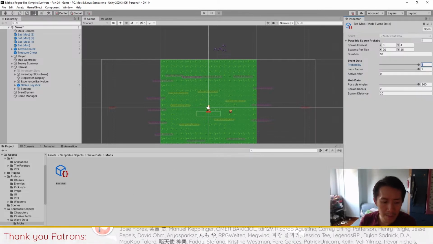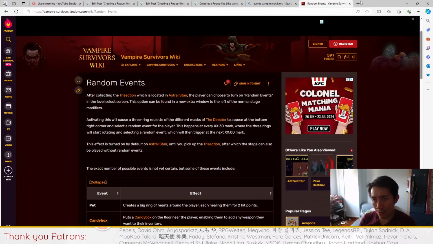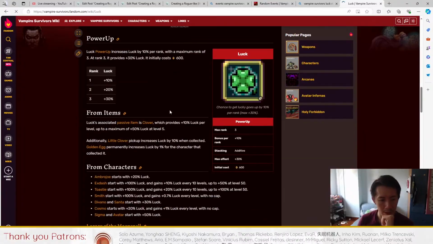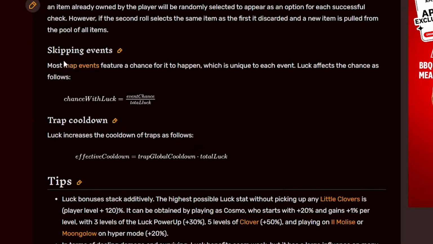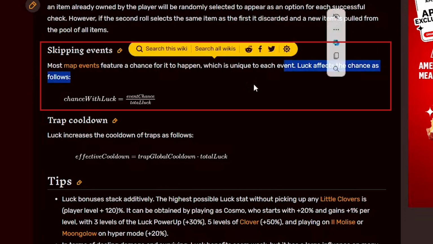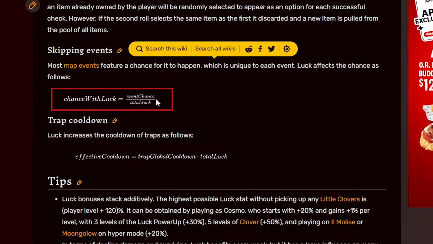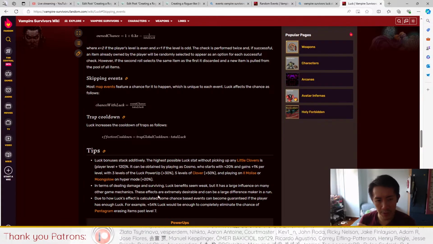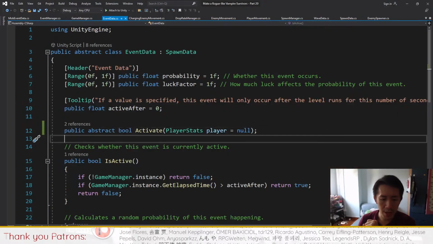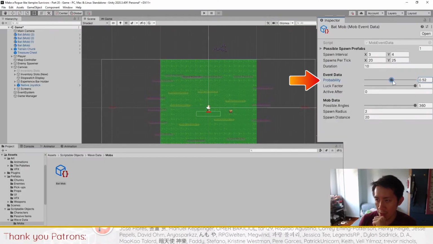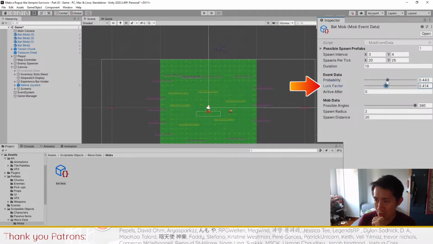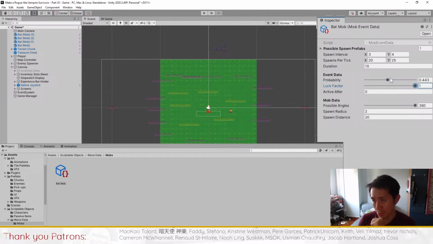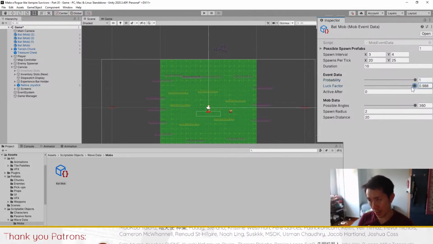Okay, but in the game, you will find that the luck stat actually affects how often events happen. So over here, you are able to skip events if your luck is high enough. The event chance will be divided by total luck, and this will affect how probable the event will happen. So you're able to set the base probability, and how much luck will affect it. If you set the probability to 1, no matter how much luck you have, the event will